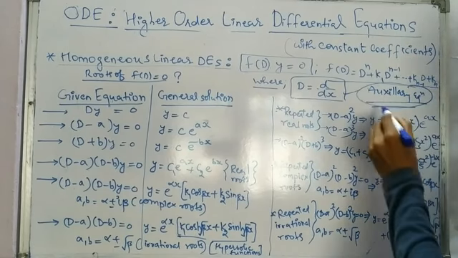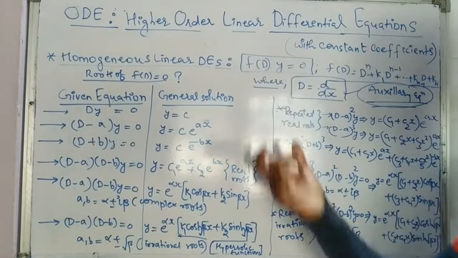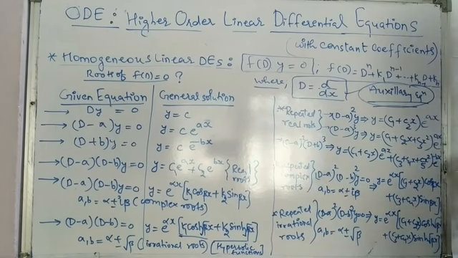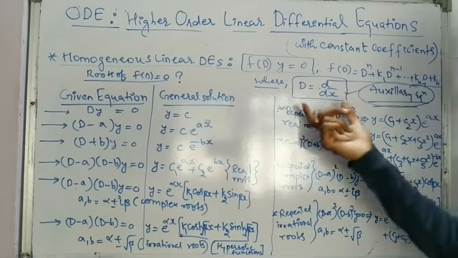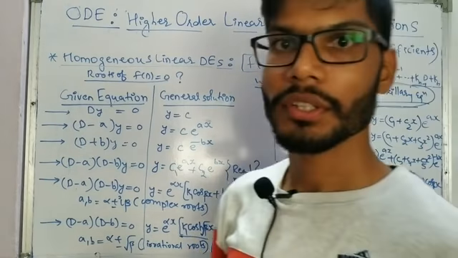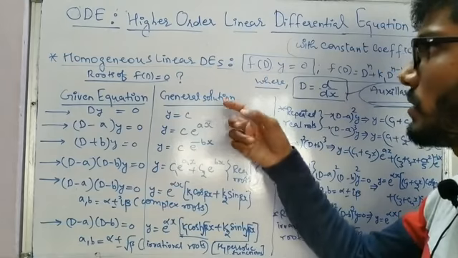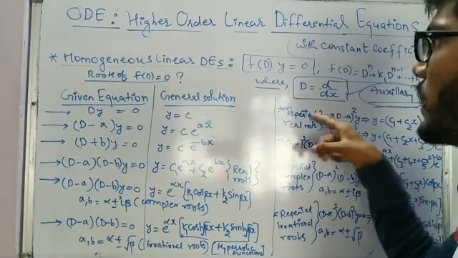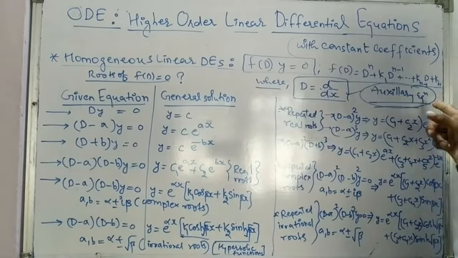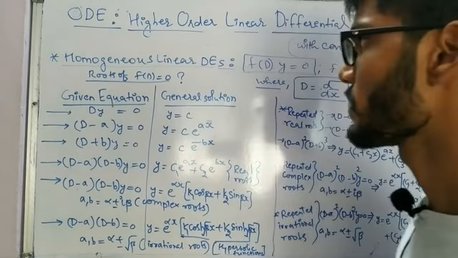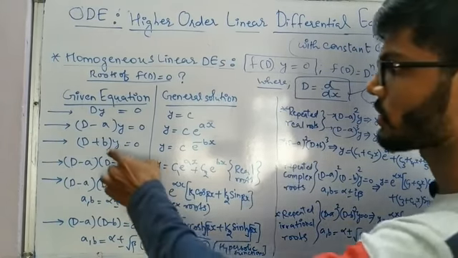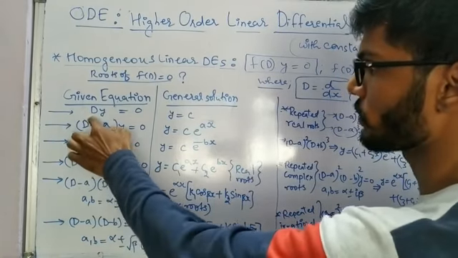To write the solution of this expression f(D) y = 0, we must have the idea about the roots of the auxiliary equation. In this auxiliary equation, we have already discussed that D is nothing but d by dx. So to write the solution of our homogeneous linear differential equation, first we have to put d by dx as capital D, and then that equation f(D) is the auxiliary equation, so we have to focus on the roots of that auxiliary equation, and based on those roots we are going to write the general solution directly.